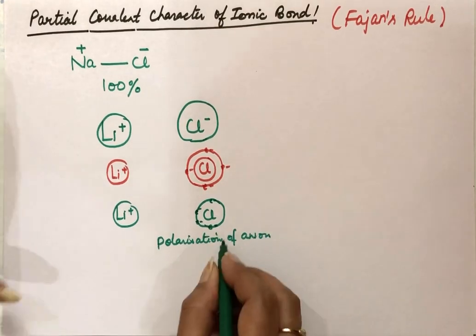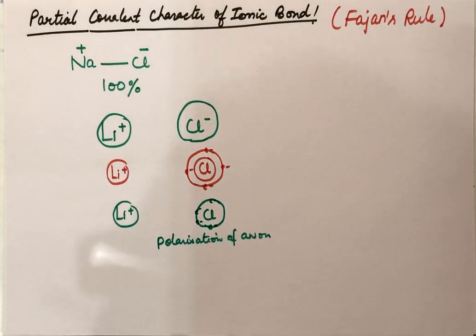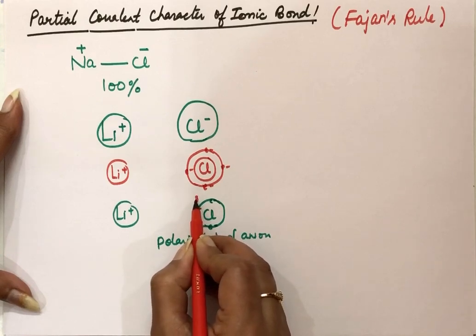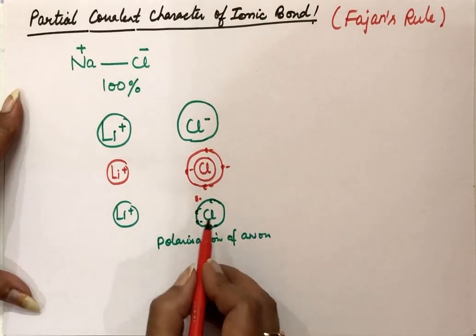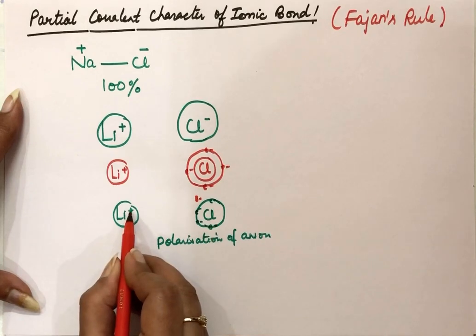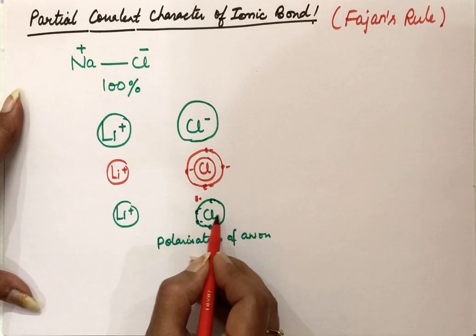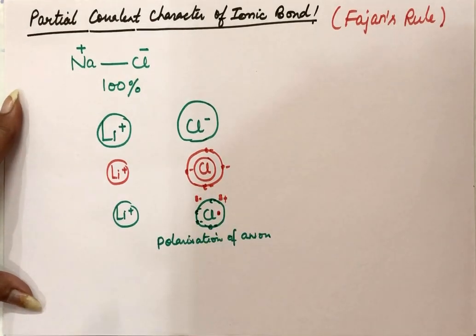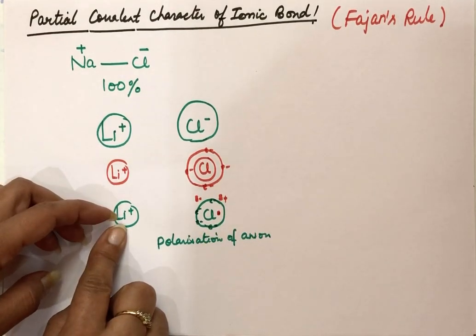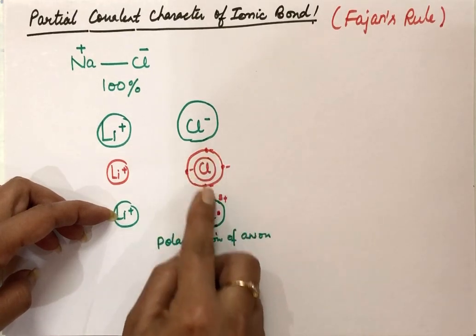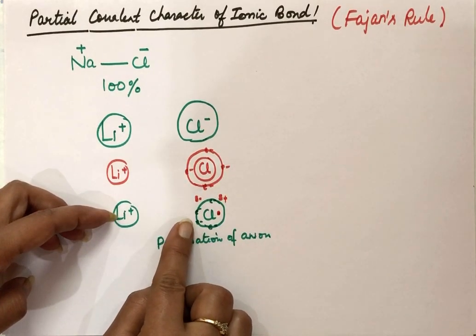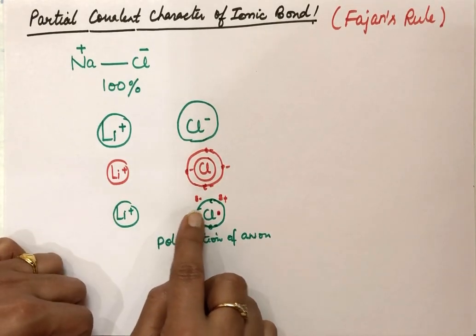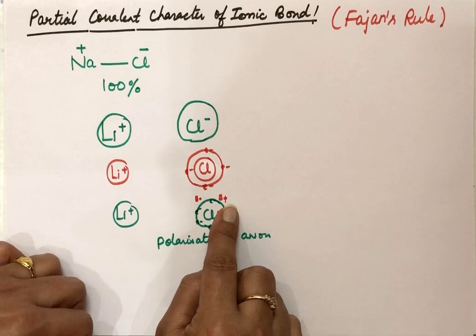How does the anion get the charge here? Since electrons are displaced to this side, this side of the anion has a partial negative charge. And the nucleus will be displaced away because the positive charge of the cation repels the positive nucleus, so this side has a positive charge. So because of the approach of the cation, the electrons of the anion are attracted towards the cation and get distorted. Because of the distortion, there will now be a separation of charges on the anion.